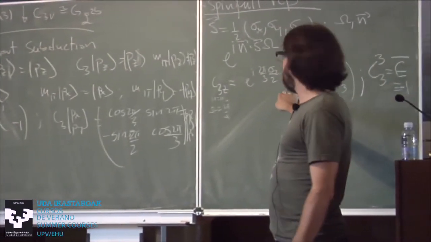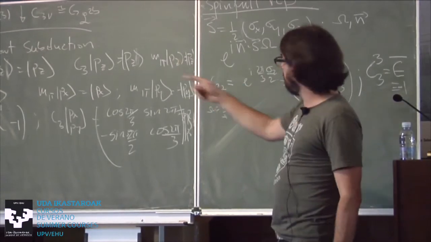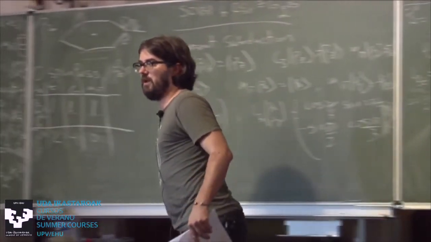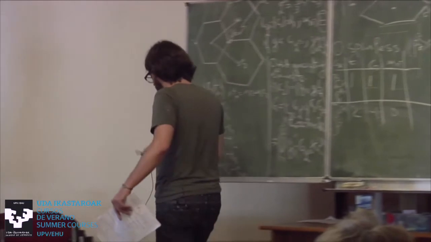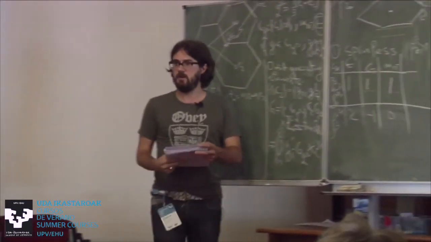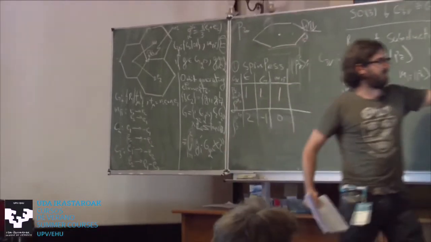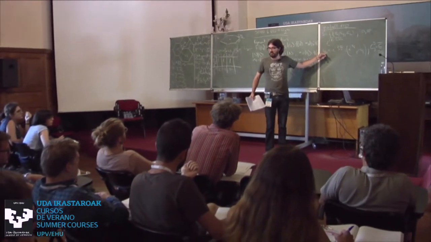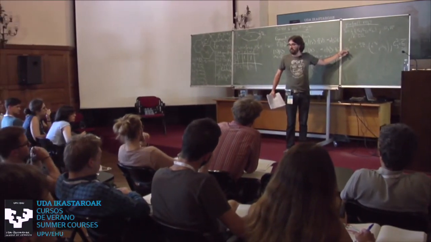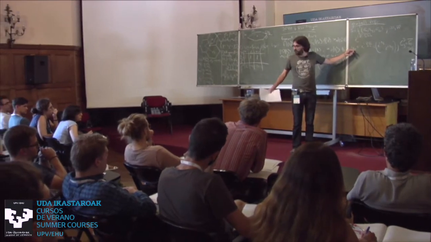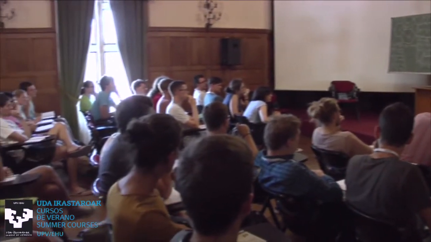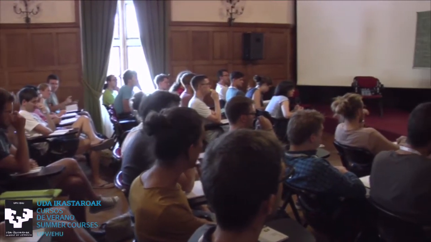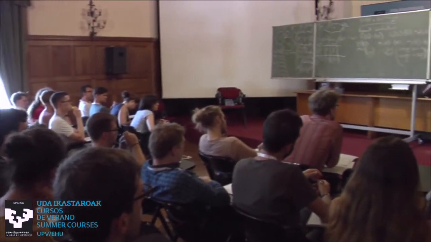Is this C3Z, if my site symmetry group was C3Z, would this be a 2-dimensional representation or a 1-dimensional representation, or two 1-dimensional ones? Would this be, if I just had this in my group, no mirror, would this be a 2-dimensional irreducible representation? No? Very good. Why? It's diagonal, it commutes with itself, it commutes with everything. So it would be two 1-dimensional representations.